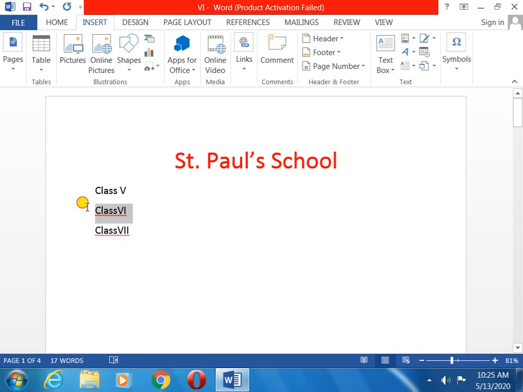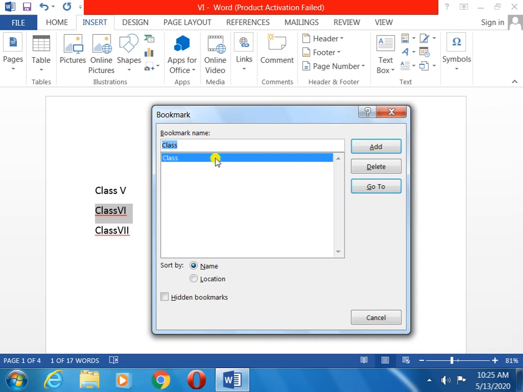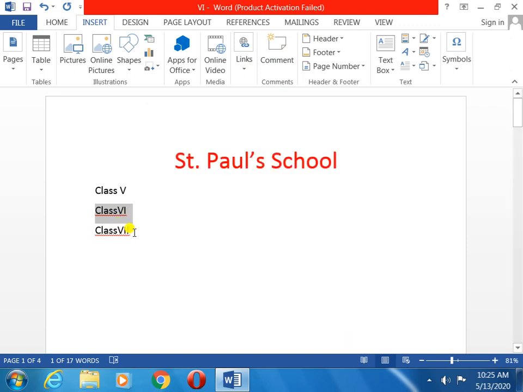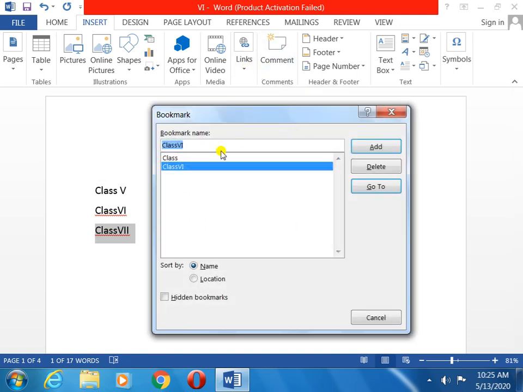Then the second one also, link, bookmark, 6, add. That one also, link, bookmark, add.